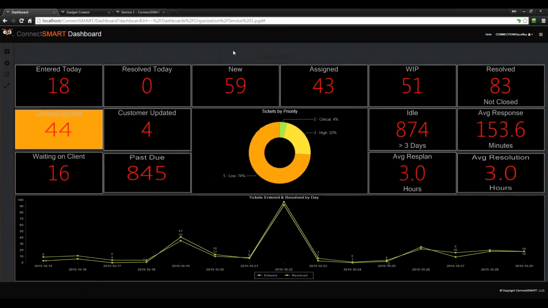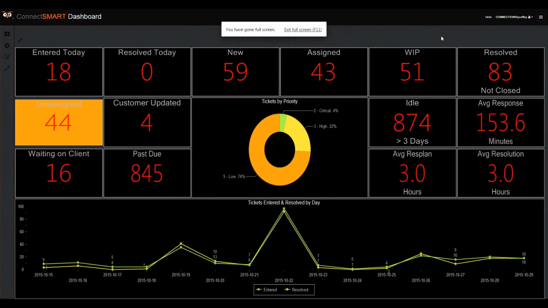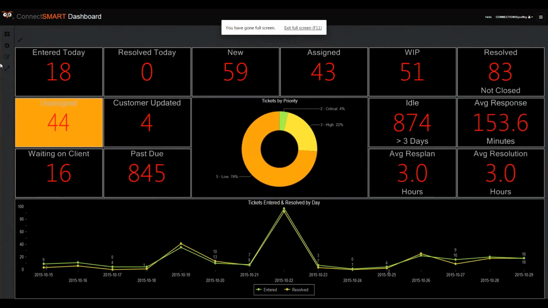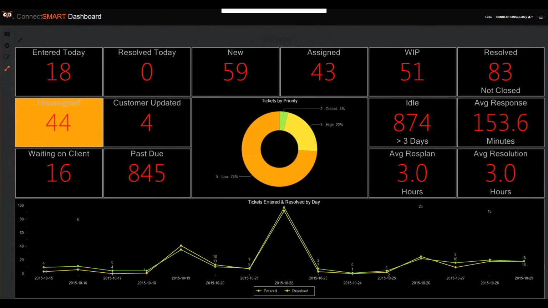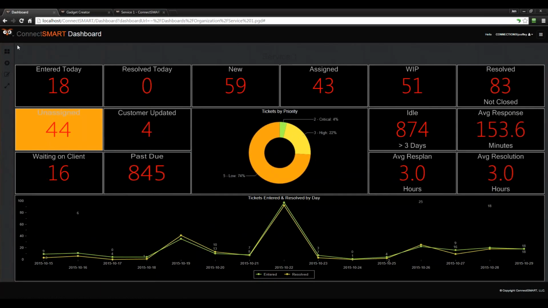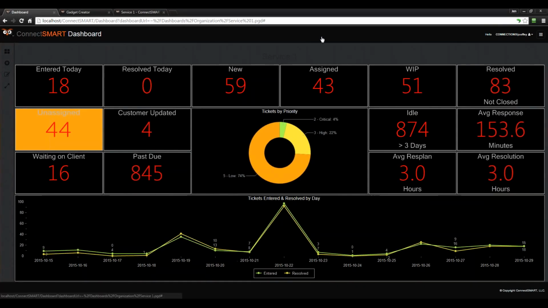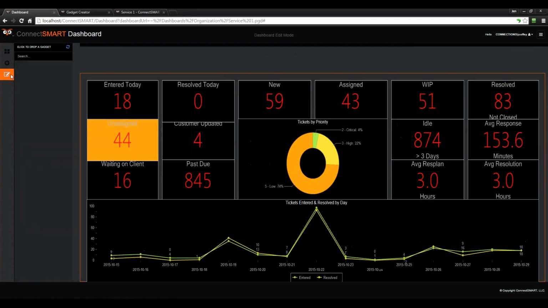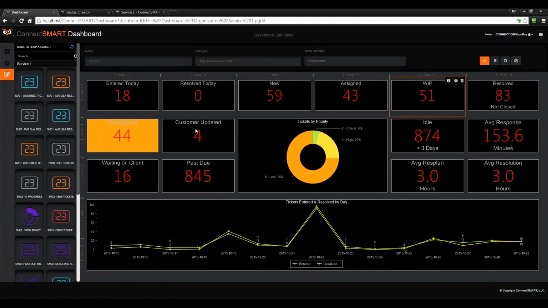Now, if you were to hit just F11 inside of it, you get pretty close to that, but you still have some stuff around it. So that's where that built-in full screen feature is going to take care of that for you. And let me F11 back out of that. Okay. So you know what? I was supposed to show you how to swap out a gadget, so I will do that next. So let's take off